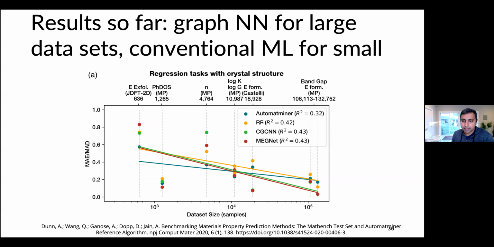Whereas some of the more traditional models like random forest or AutoMapMiner, in orange or blue, have a more shallow slope, so they don't really get as much better as you add more data points as some of the deep learning methods. So what happens is that, around 10,000 data points or so, you have this crossover: it's better to use maybe traditional on the left side, but it's better to use deep learning on the right side. And certainly by the time you get to 10,000 or 100,000 data points, that's when you really see the advantage of the deep learning methods.